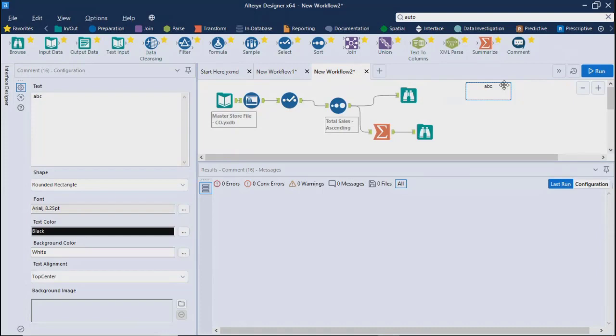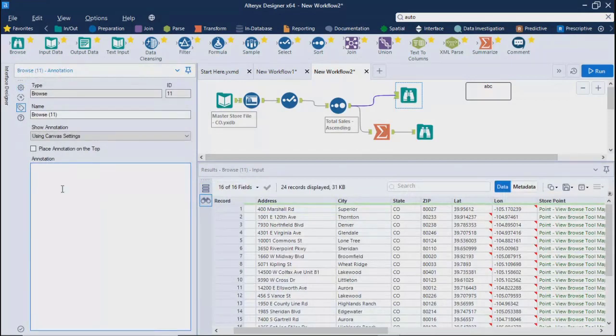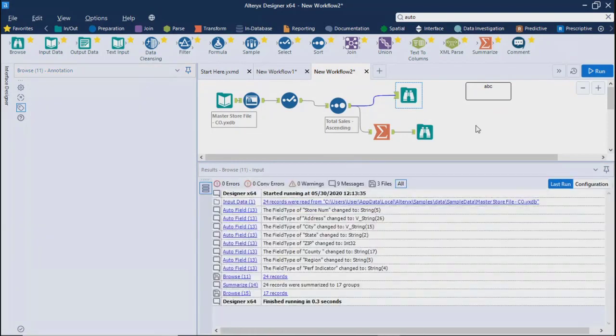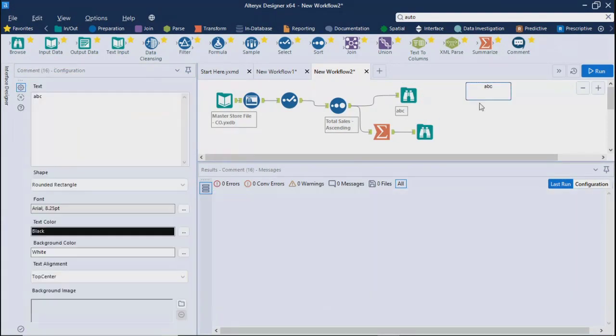The same thing can be done using your annotations. If you select a particular tool, you can put your comment over here also. So this annotation is for your particular tool. See, ABC is here now, and this comment is a kind of annotation.